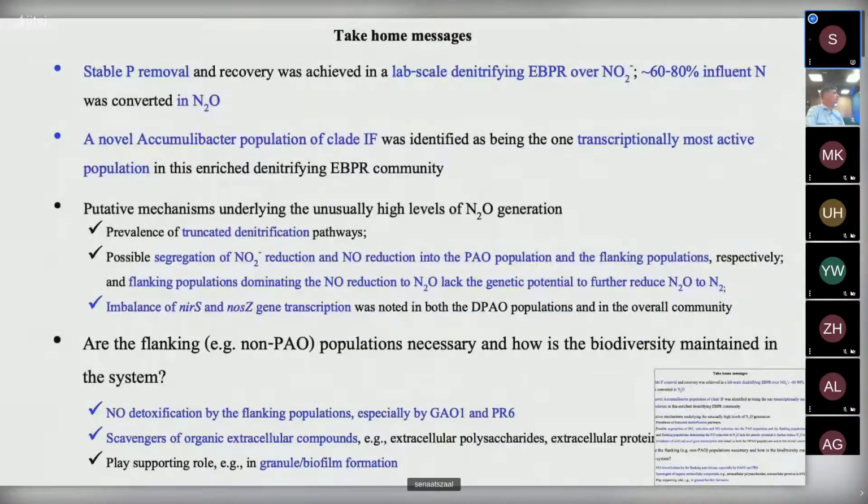capacity to further convert nitrous oxide generated, and also the imbalanced transcription of NIR and NOR genes in PAOs may all play putative roles in driving nitrous oxide generation in this system. And fourth, flanking populations, especially Candidatus Competibacter GAO1 and Proteobacteria PR6, may play essential roles in the system by detoxifying nitric